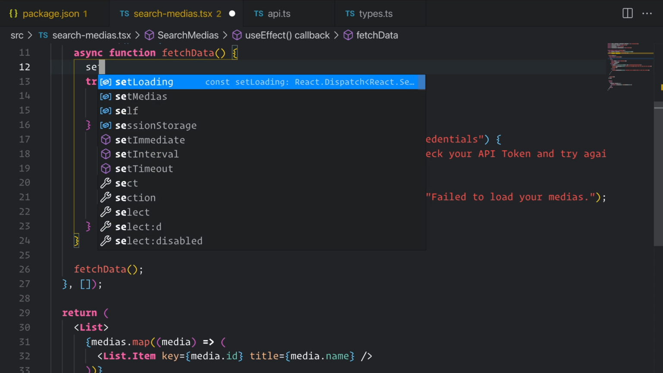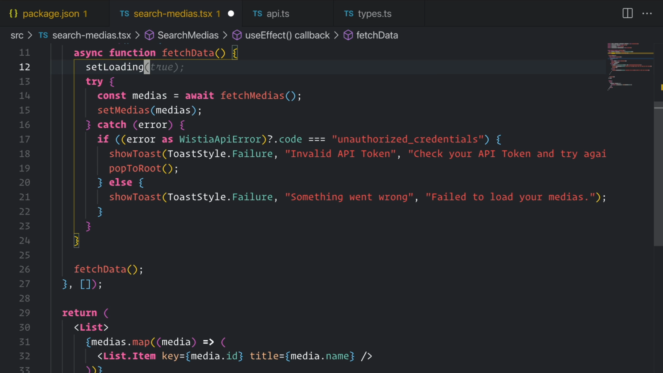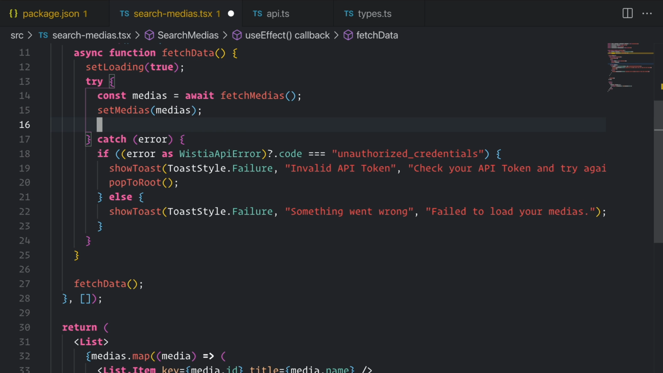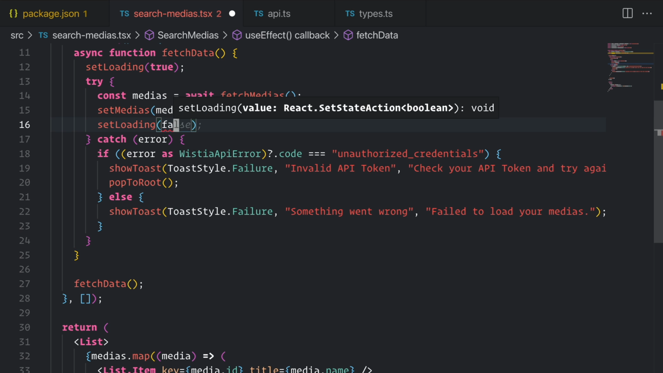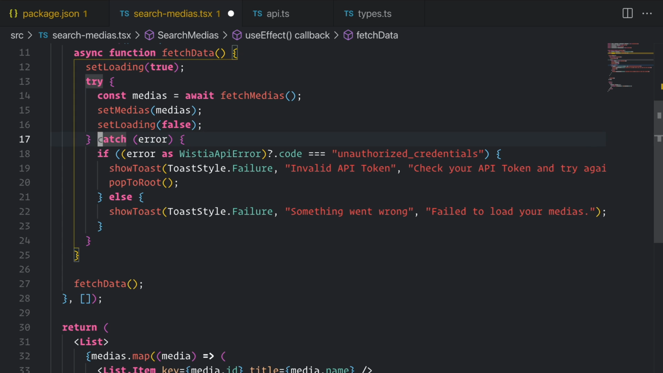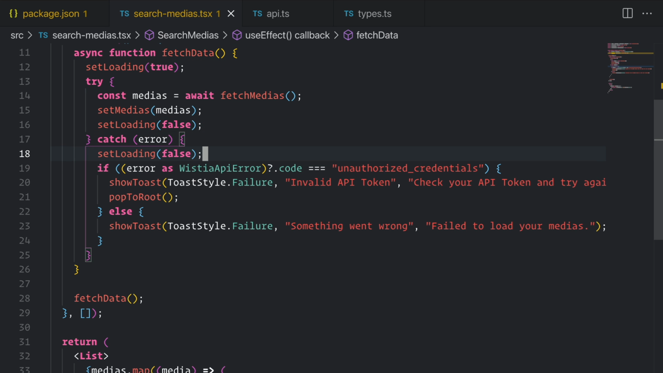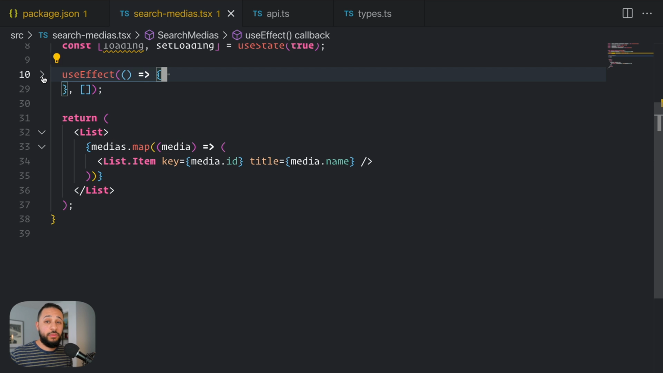And then here up top, we're going to set loading to true. And then we're going to set loading to false. And then if we hit an error, we're going to also set loading to false. Now this is a pretty basic way to set up loading. There are far more robust ways to set this up, but just for the purposes of the demonstration here, this